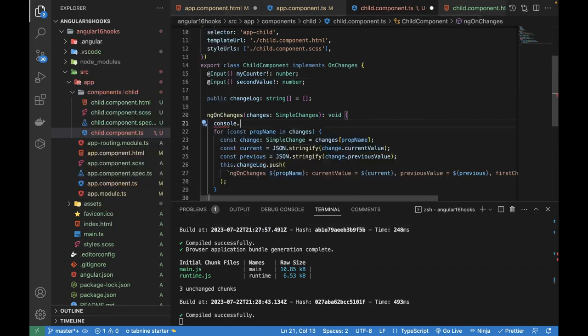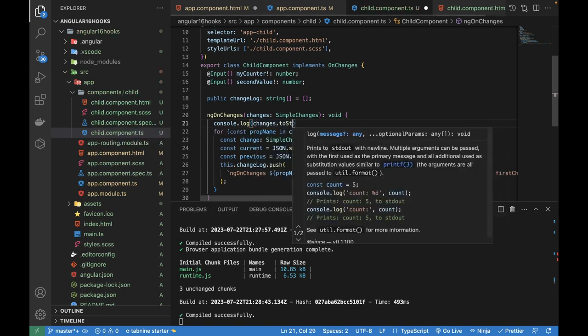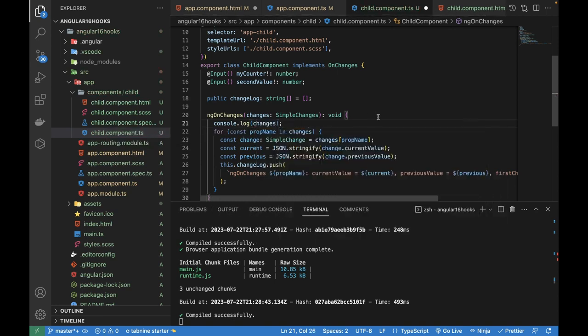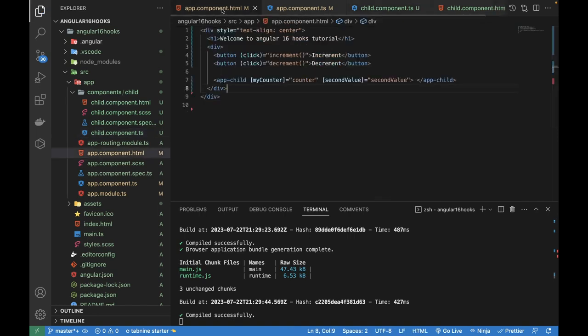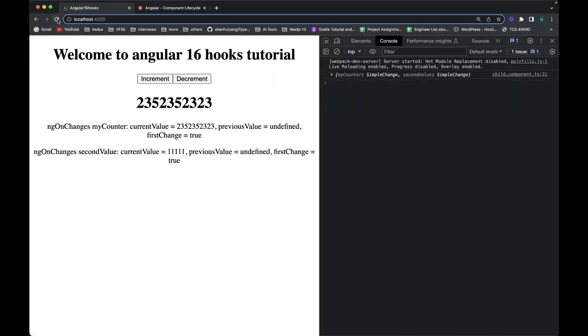I'm going to write the console.log and add the changes simply like this. Let me save it now. Actually, I forgot to save my app HTML file, so let me save all these files. If I go over here and refresh, we will see that ngOnChanges got triggered 2 times, because ngOnChanges is detecting that there are 2 input variables,